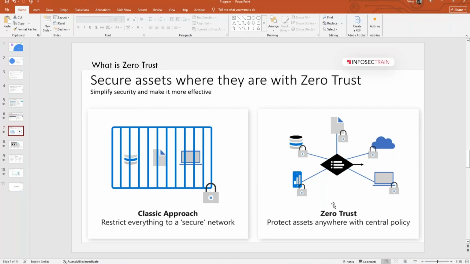So in short, we never trust anyone, and for every component we need to enable a security posture, and that's why we call it zero trust. That's a big difference from the old days, the classic, where anything behind the firewall is secure, but here nothing is secure. So for each component, you need to enable the security.